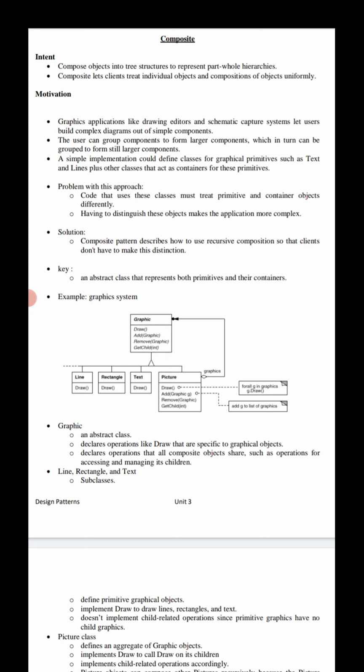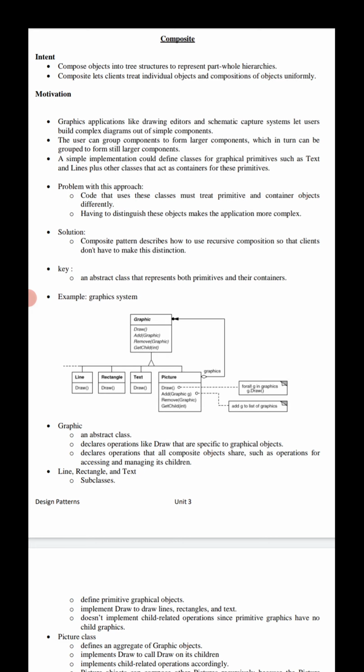Exactly, like the builder intent, where we use simple objects to build complex objects. Likewise, in a graphics application like drawing editors and schematic capture systems, let us assume that users may build a complex diagram out of simple components, or we can say tools.